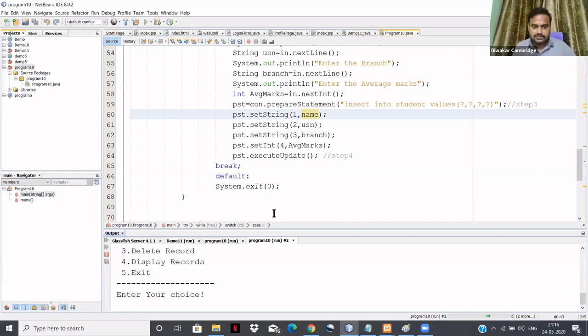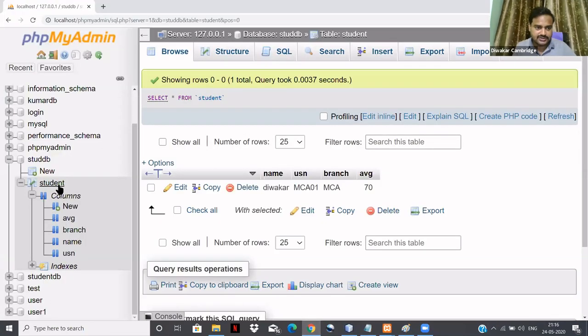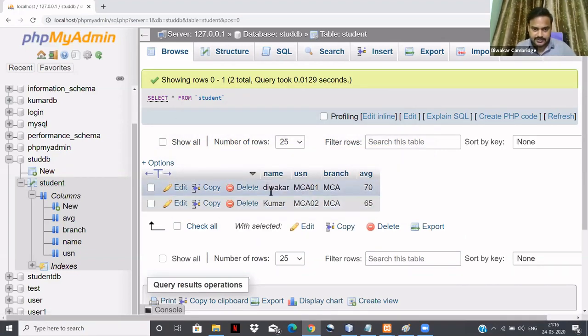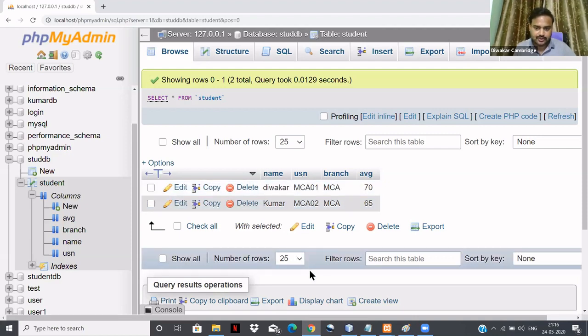So now the record has been inserted into the database. You just check whether the data has been inserted into the database or not. See here, the 2 records have been inserted here. One is Kumar, USN, branch, and average. So this is about the insertion operation.